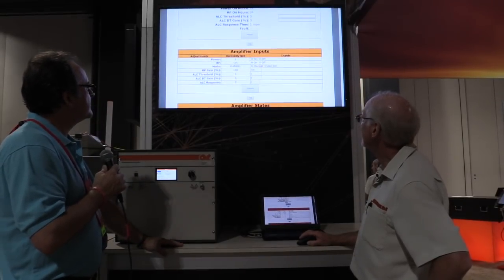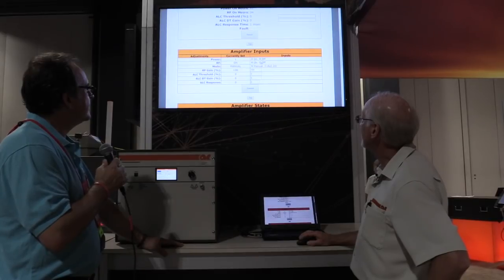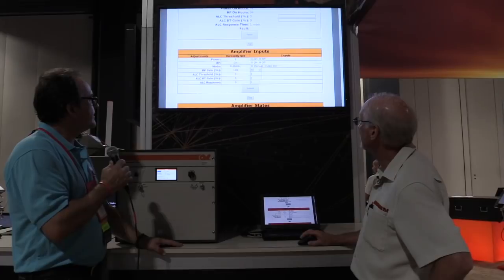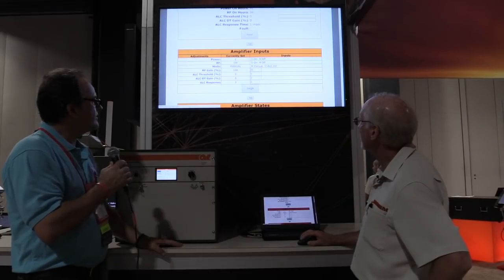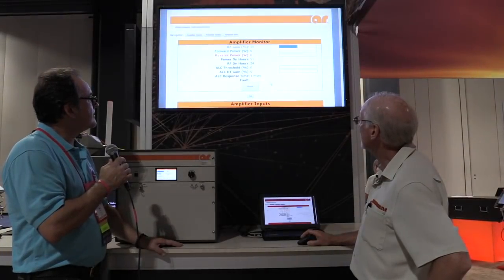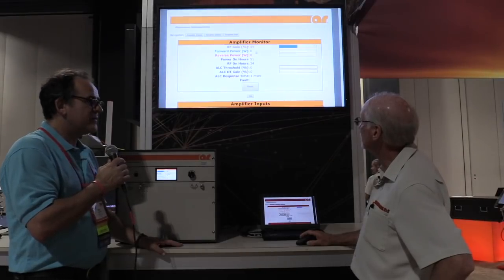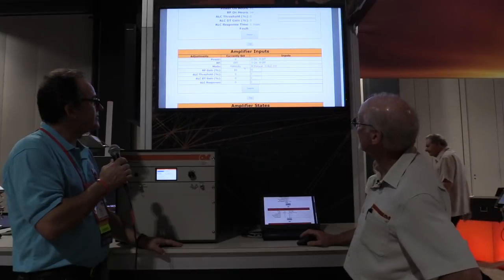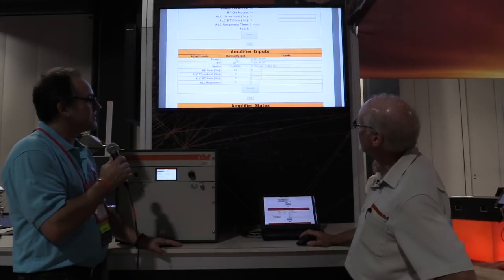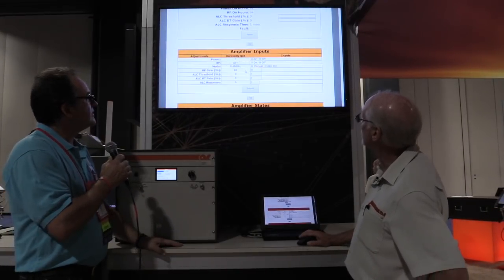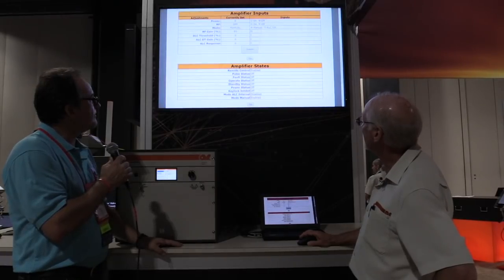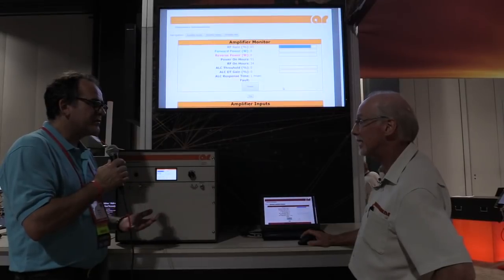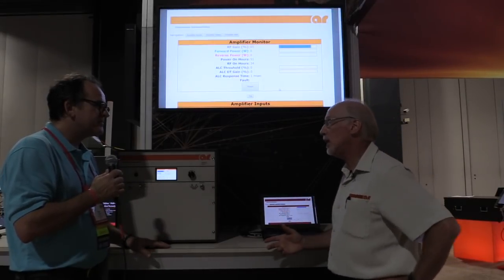That is true. So I can change my values here. Refresh, and you'll see this jump up to the setting that I just had, and you'll indeed see that the power is 85. So this will send alerts to your laptop and to whatever you're monitoring this with as well. And what you can do eventually as well is